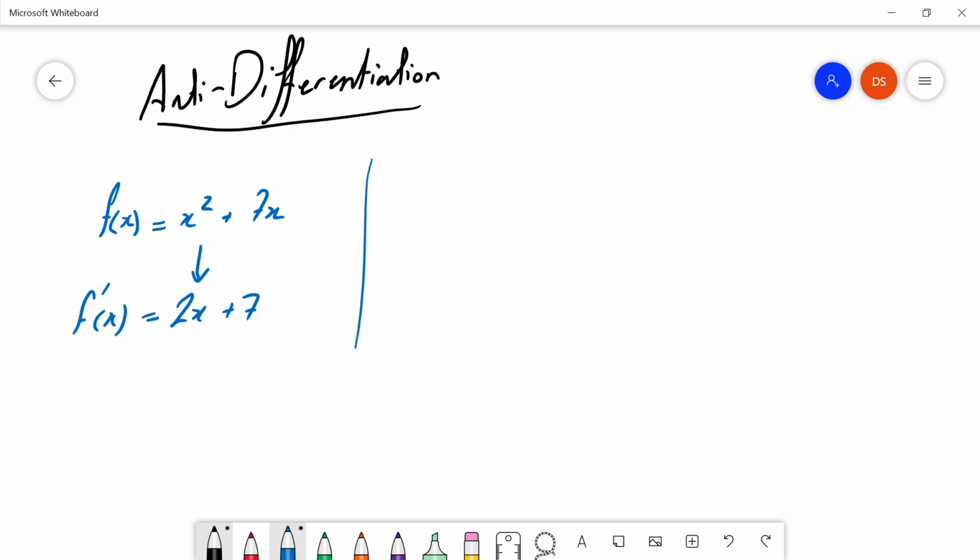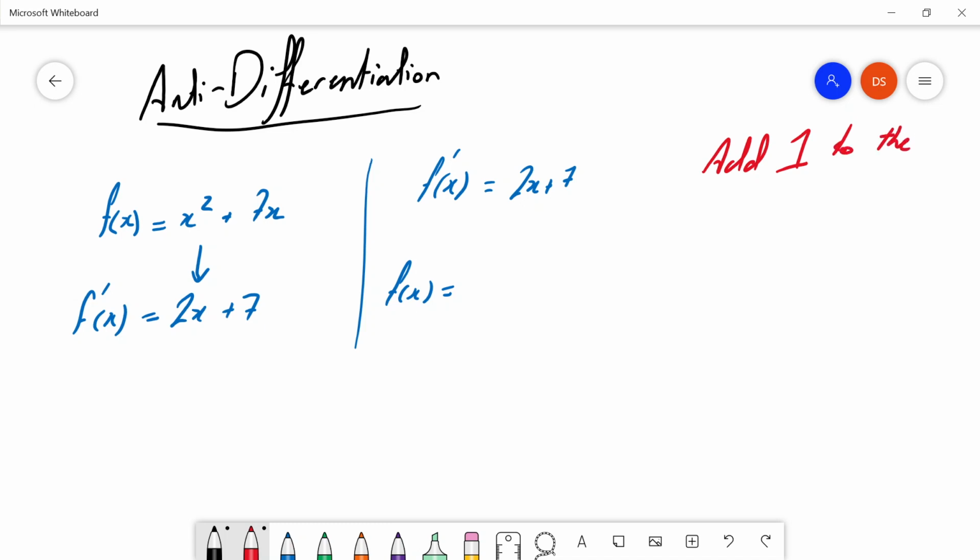Now what we're going to look at is going the opposite way. Let's start with the derivative function. What do we tell ourselves to get to the anti-differentiated function? We had multiply by the power, take one off the power. So let's do the opposite. What's the opposite of taking one off the power? Well, let's add one to the power